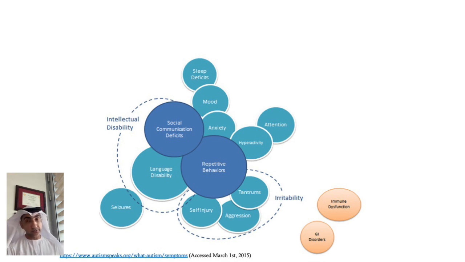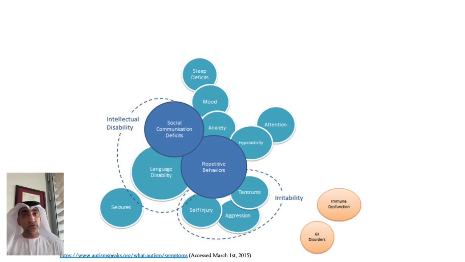And some children with autism present with intellectual disability versus others who present without intellectual disability. And in fact, there is a subset of children with autism who may present with very strong cognitive abilities in specific domains. These comorbid conditions can further complicate the clinical presentation and the functioning of the child, and warrant evidence-based targeted interventions. We will now talk about how we diagnose and evaluate autism spectrum disorder in a child.